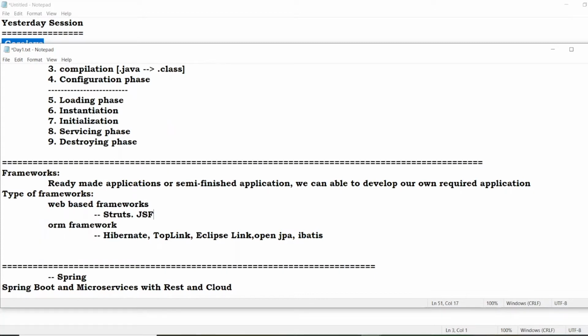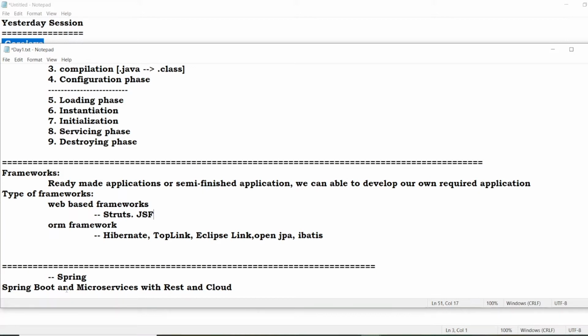Will you please mute your systems? It's my request. Whenever you join the Zoom meeting, will you please check whether your video is on or not, and whether your system is in mute mode or not. If you are unmuted, will you please mute? Other people are disturbed and the normal flow of the class will be disturbed. So will you please take care of this?